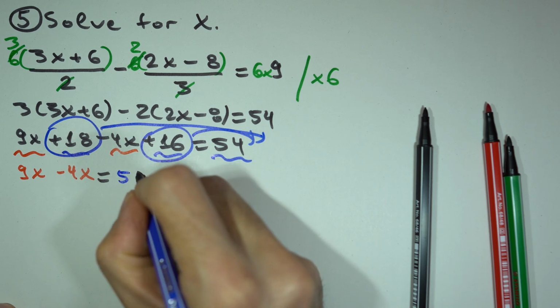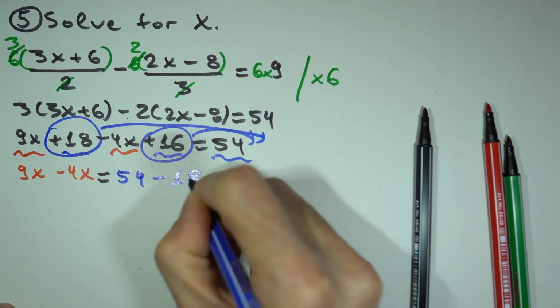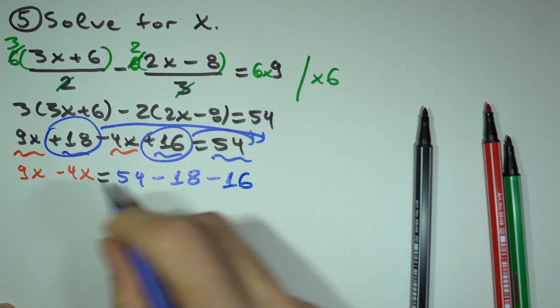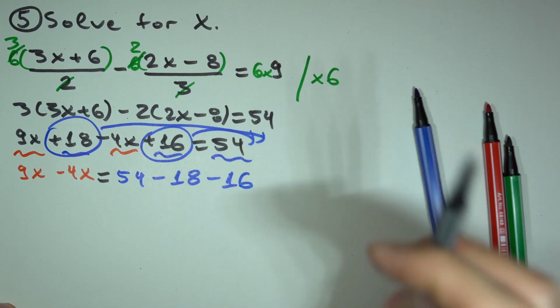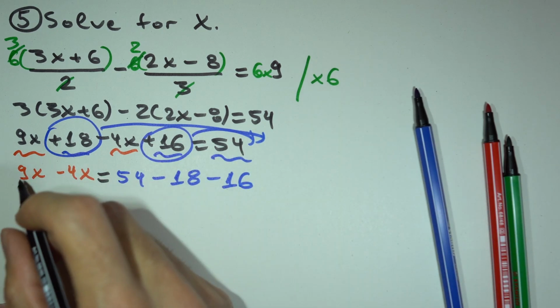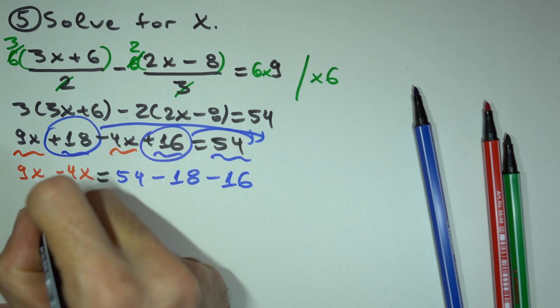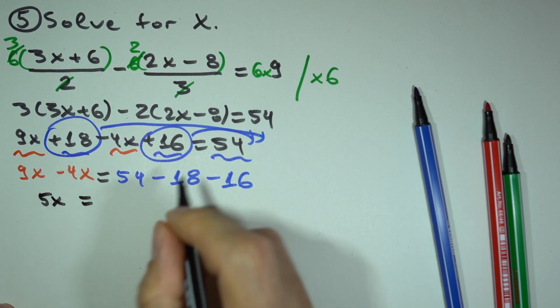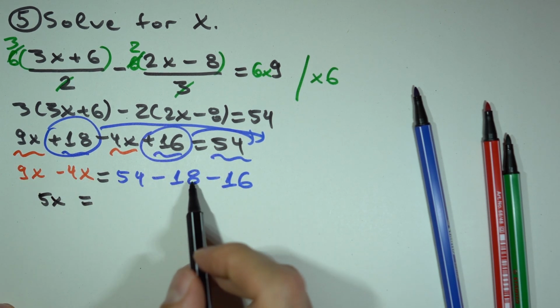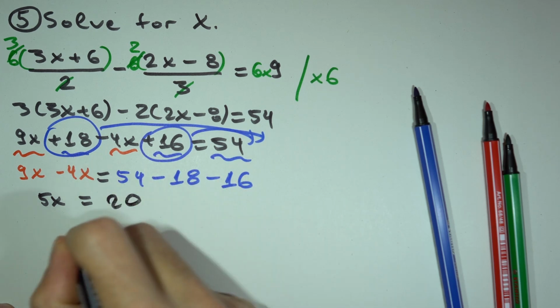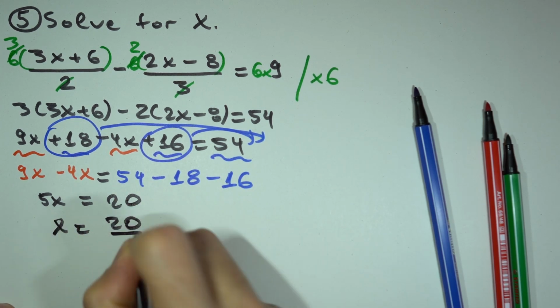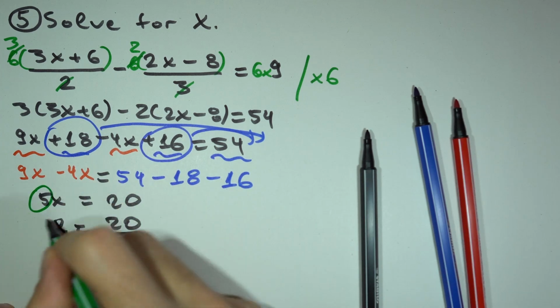So we write down 54 minus 18 and minus 16, because we transferred them to the other side of the equation. And this leaves us with the following. We have 9x minus 4x, which is 5x, equals 54 minus 18 is 36, minus 16 is 20. X equals 20 divided by 5,